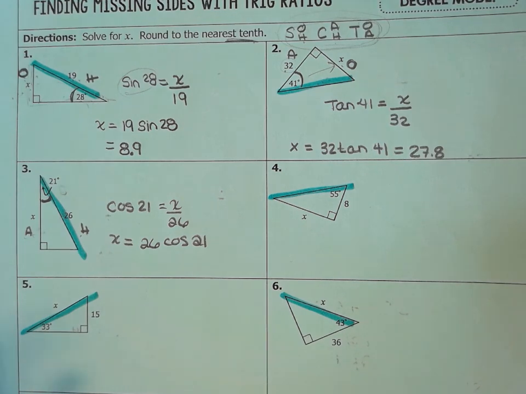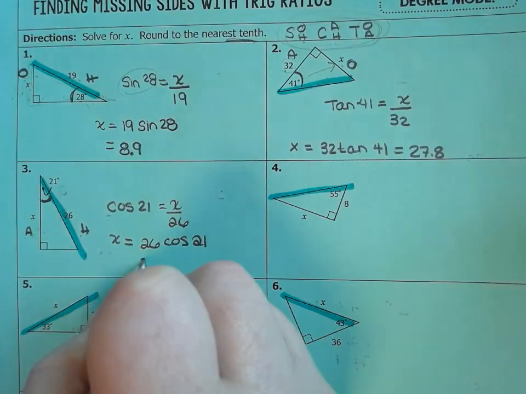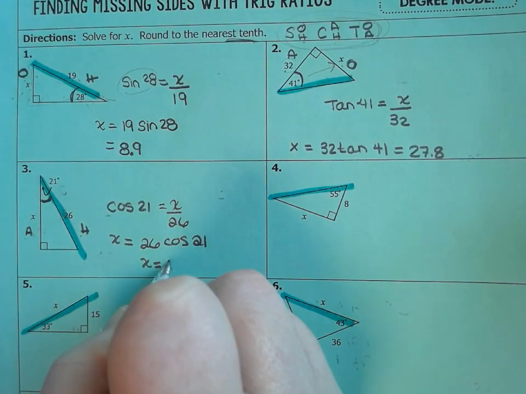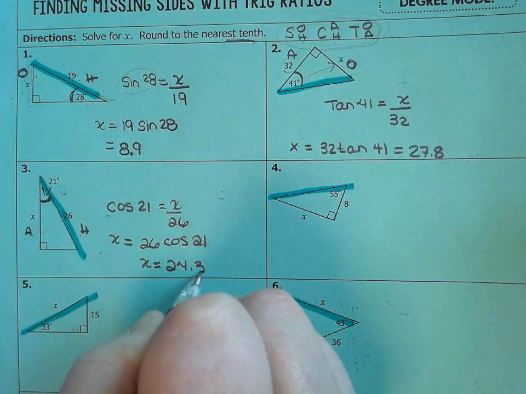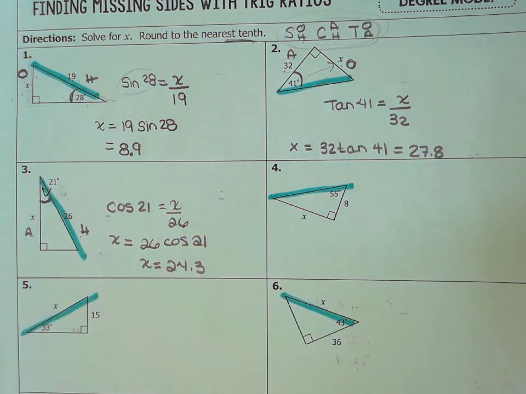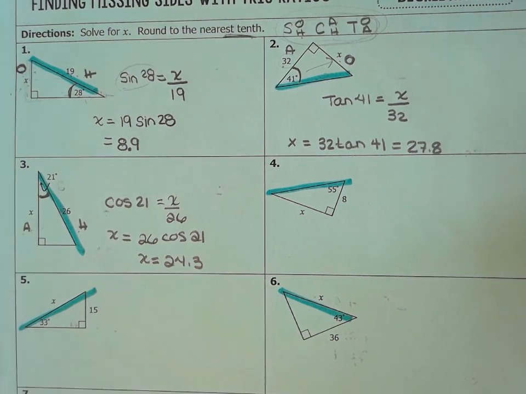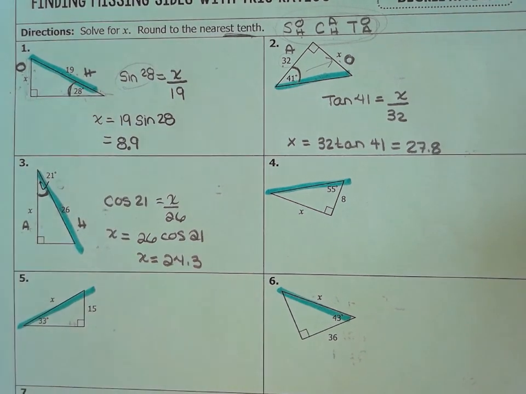And that gives me 24.3. So x is equal to 24.3. Now I'm going to do numbers 4, 5, 6, and 7 because there's a different type